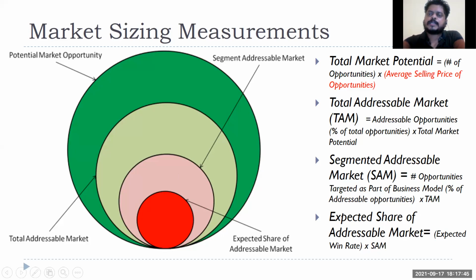So how do you calculate that? Number of opportunities multiplied by average selling price of opportunity, right? Obviously the selling price for different organizations will be different, but I will have an idea. This should be my average selling price. Let's say I'm selling the machine for 10,000 rupees or 15,000 or 20,000 rupees. Then how many opportunities are there? How many companies am I going to sell to potentially, theoretically? If I have unlimited resources, unlimited manpower, everything is available, this is a very hypothetical scenario. So theoretically, I can sell it to all the IT companies. That is a potential market opportunity, right? Most of the time we do not use this.